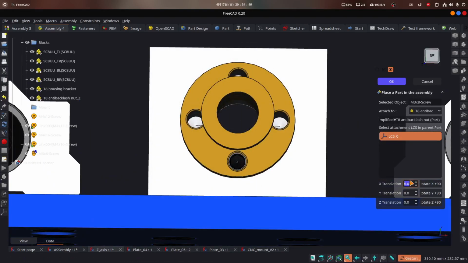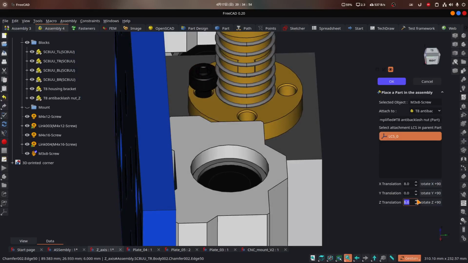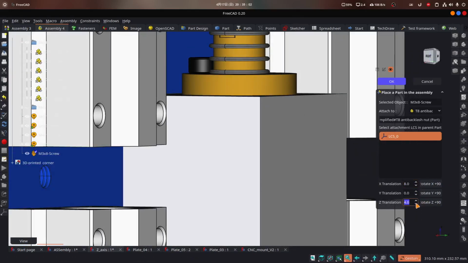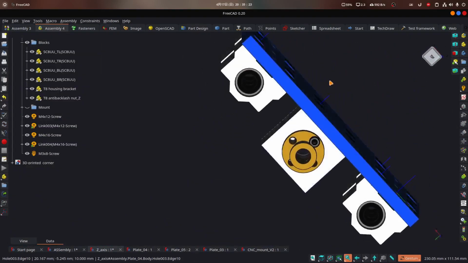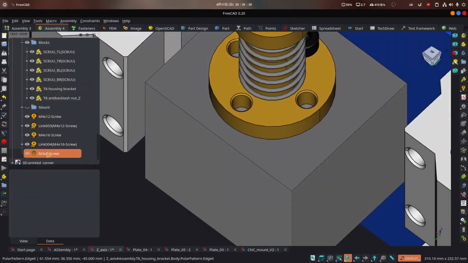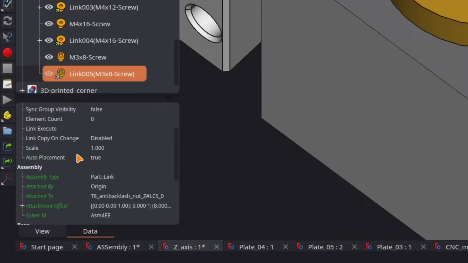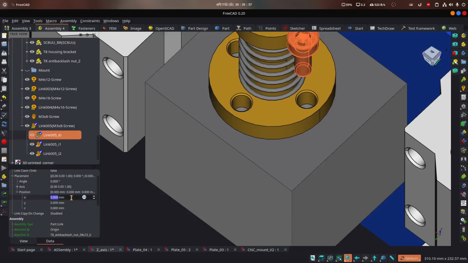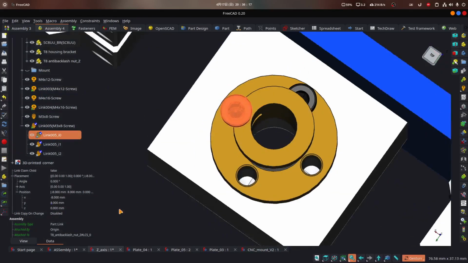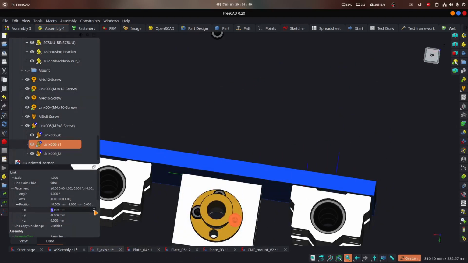And we use the local coordinate systems to join the parts. Once the main screw is in its position, we proceed to create the link. We change the element count, and finally the coordinates are changed.